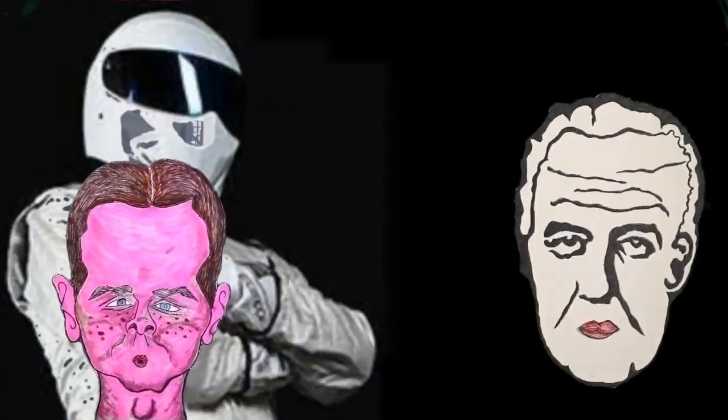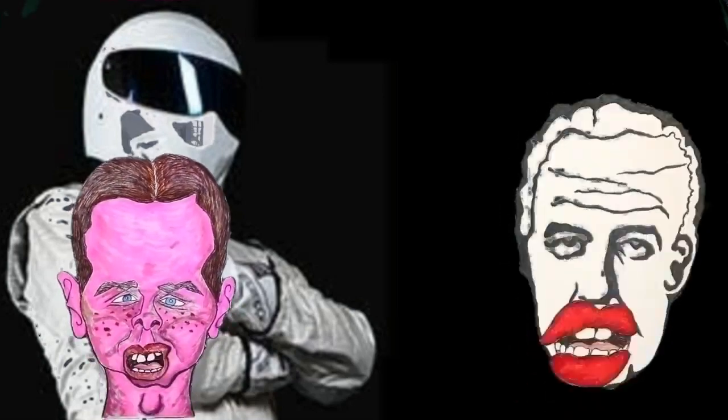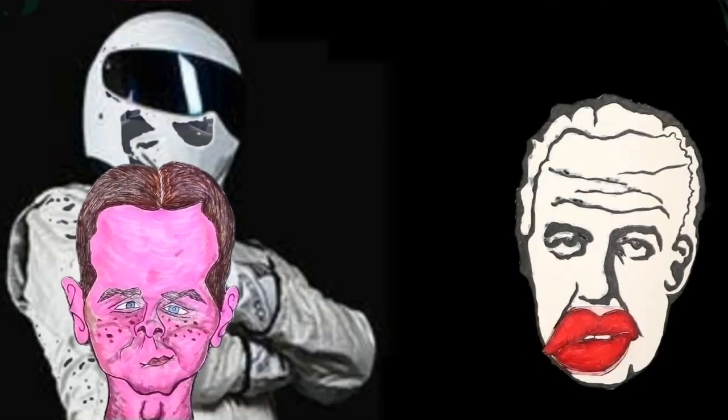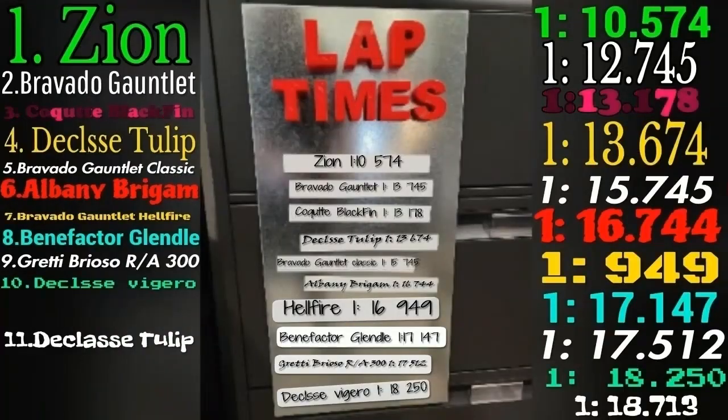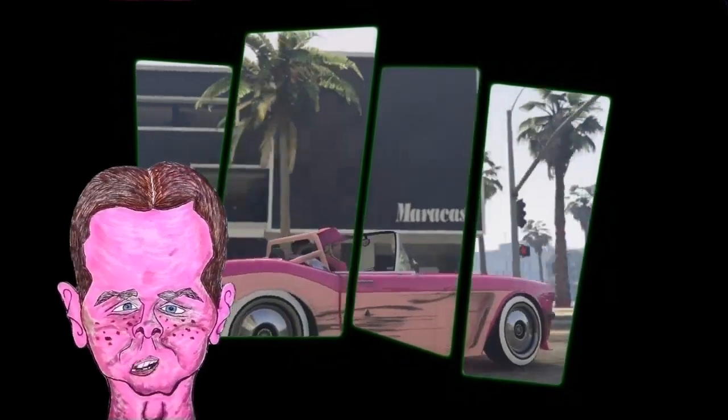So, it's been a long time since we've seen our Best Automatic test track and the Gimp taking the vehicle round. On this vehicle, it didn't do too bad. It came third on our scoreboard, and as you can see, it did quite well. But we need to move on and get onto the subject of